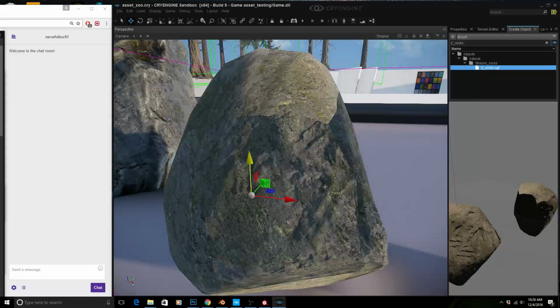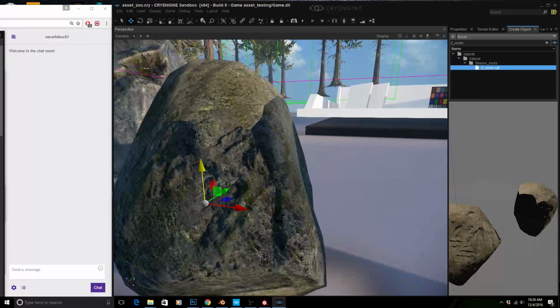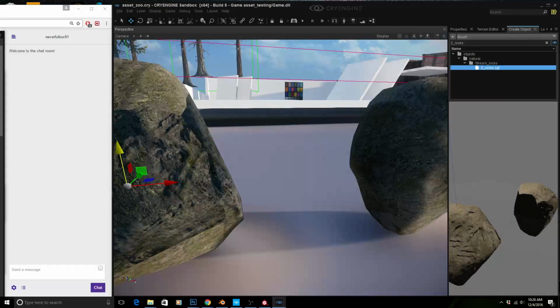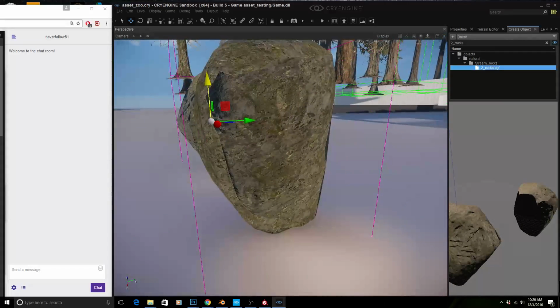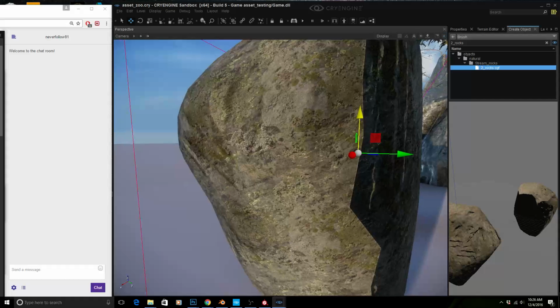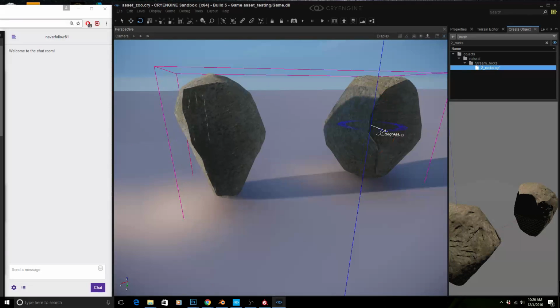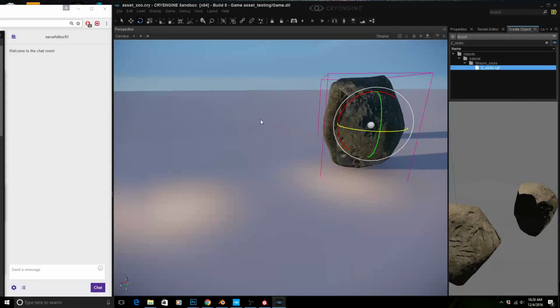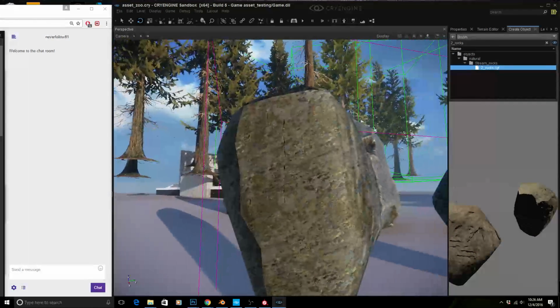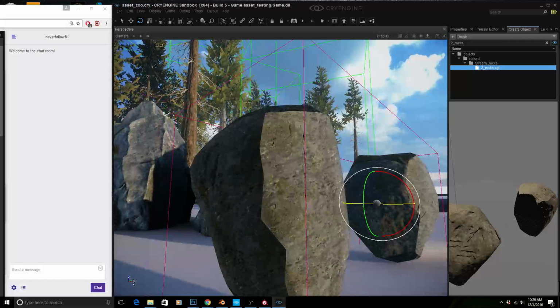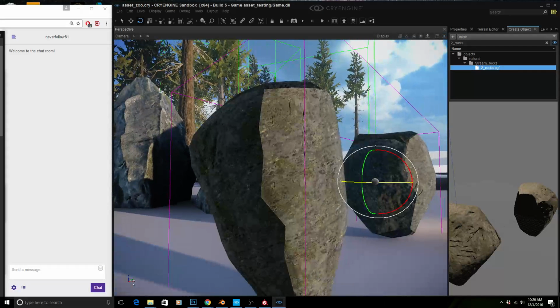It's weird because it gets applied on this section here, some of that detail that we worked on, as well as a little bit around here. So I'm wondering if